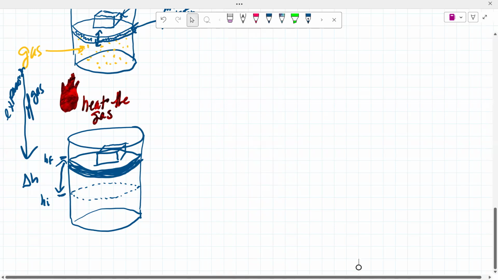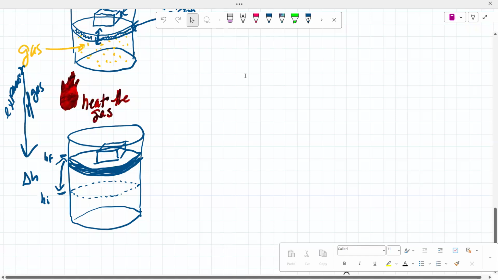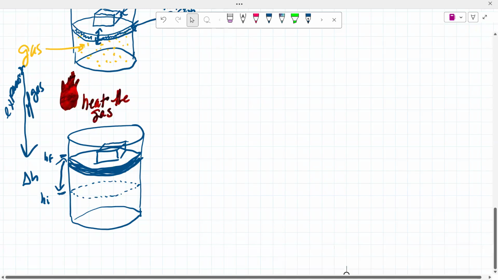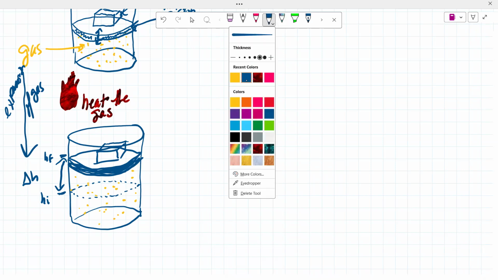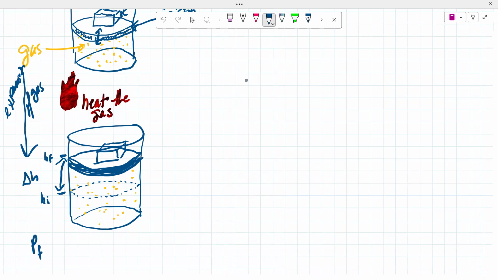Back to blue. All right. And so now the pressure final that we have from our gas. Oh, we need to put our gas in. All right, so the gas is now going to be a lot less dense than it was before, so it's in a much larger volume. There it is. So now we need to note that the pressure final equals the pressure external. But of course, the gas is warmer than the gas outside, which is also something we need to keep in mind.